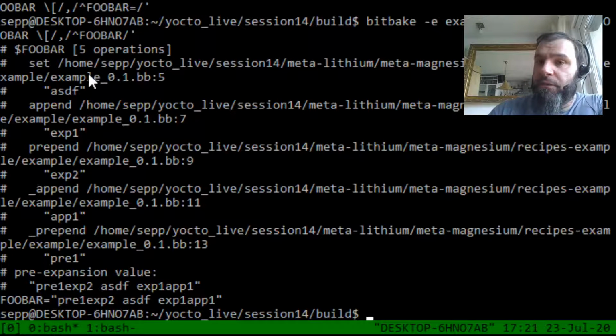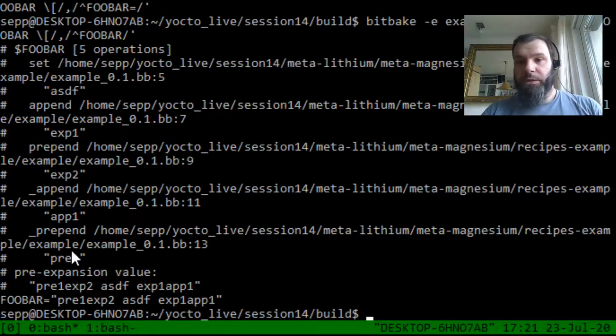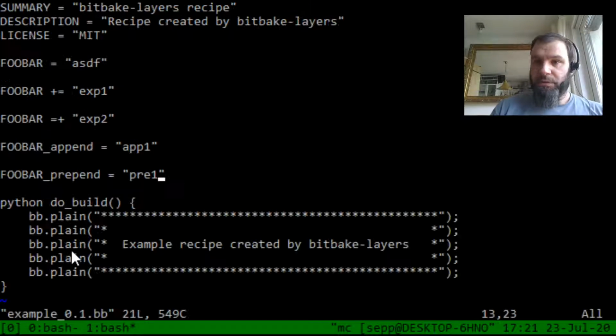So first we do the classic assignment. Then all the plus equals are being evaluated, and then the append, and then the prepend. This coincides with the